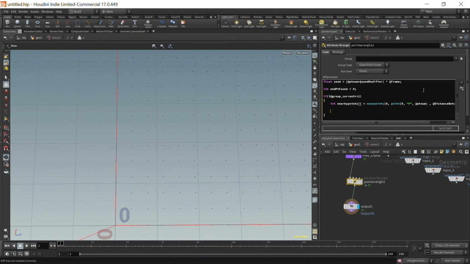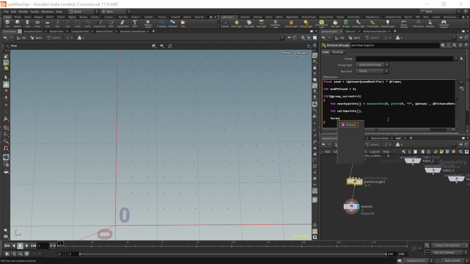However, they won't all be valid destinations. So let's initialize a valid points array. Remember that points are just integers. And now we're going to loop through the nearby points and check them. So for each integer nearby point in nearby points,